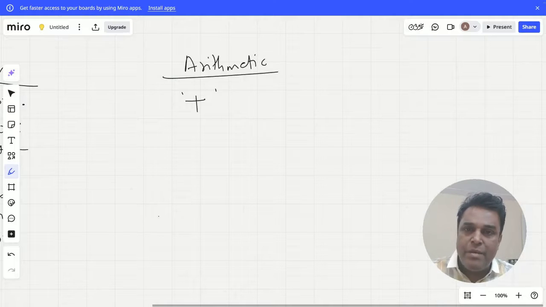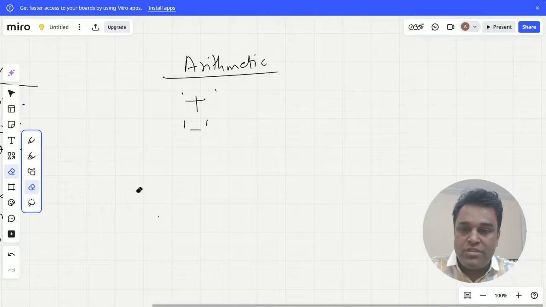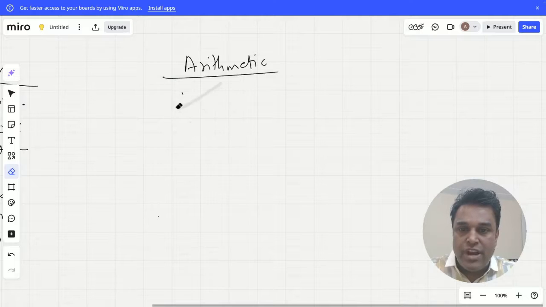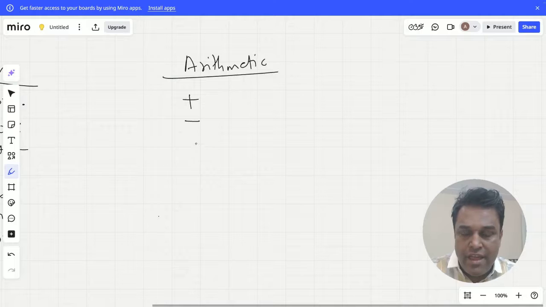Those are arithmetic operators. So we have the plus, we have the minus. Don't get confused, I'm using that double quote over here, but I will remove that so that there won't be any confusion. And switch back. So there is a plus operator, minus,